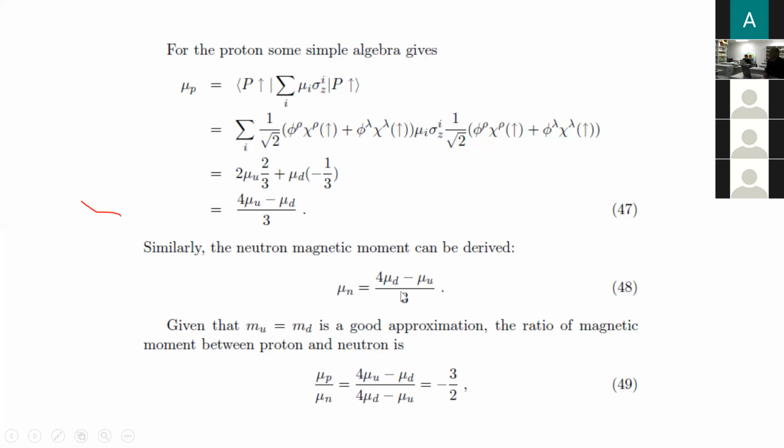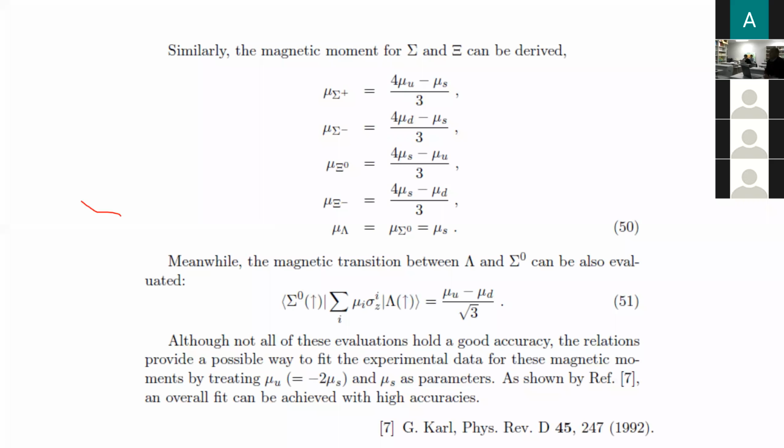But because the D quark carries a negative 1/3 of the charge, this number actually becomes non-zero, and this gives you a ratio between proton and neutron which is minus 2/3. No, 3/2. Sorry, minus 3/2 for the ratio, which fits very well the number we measured in the experiment,